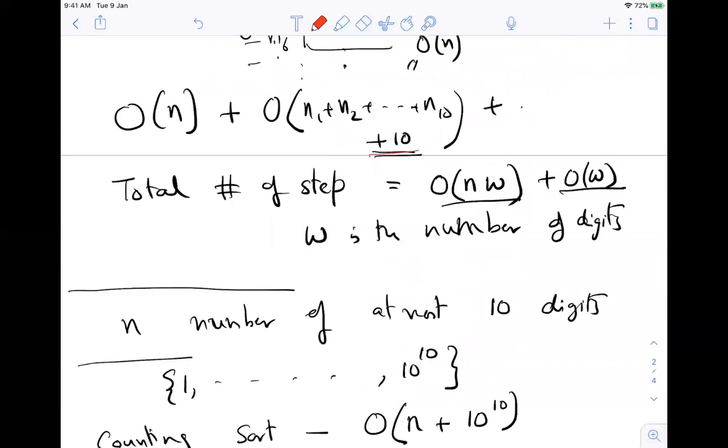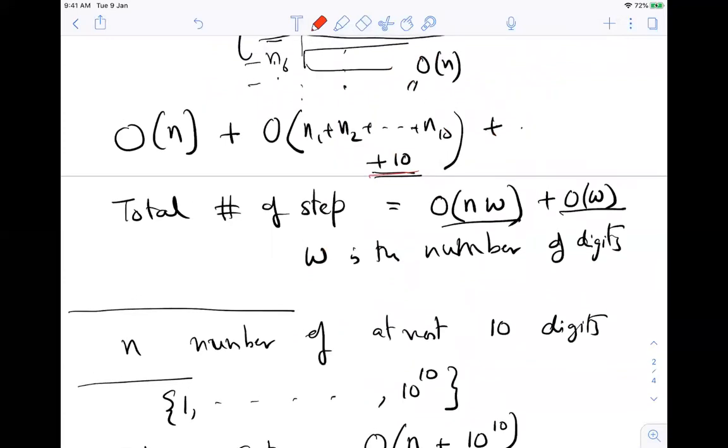So I was asking that when we are sorting with respect to the most significant digit, how are we sorting that? Are we using counting sort?